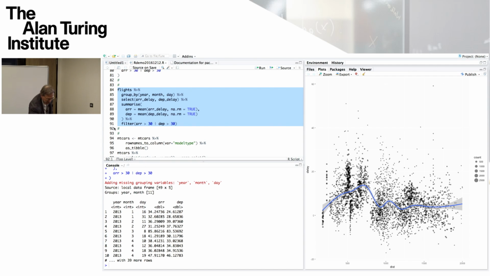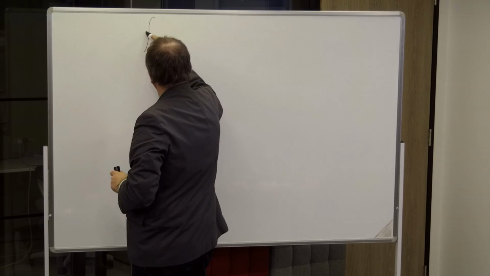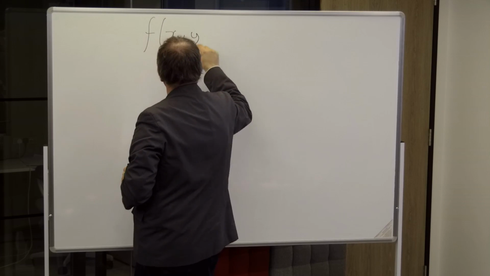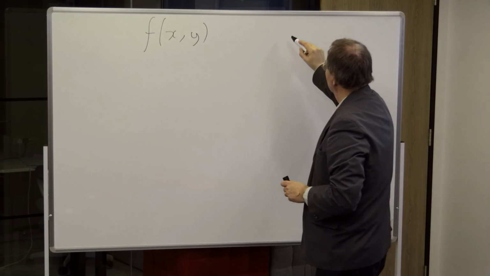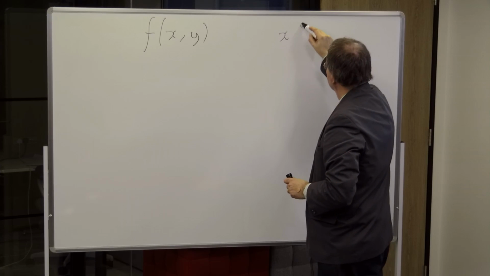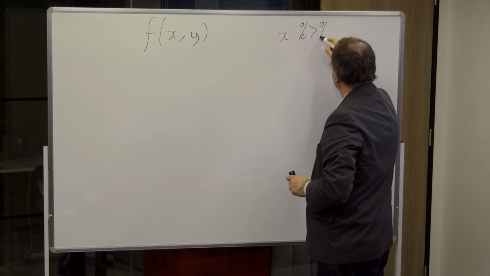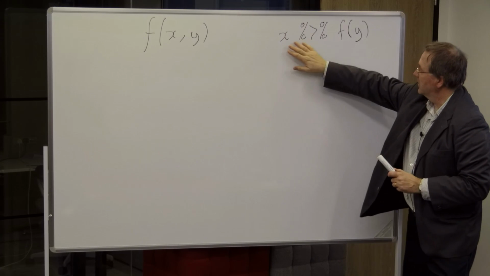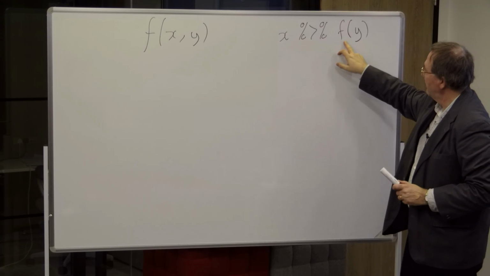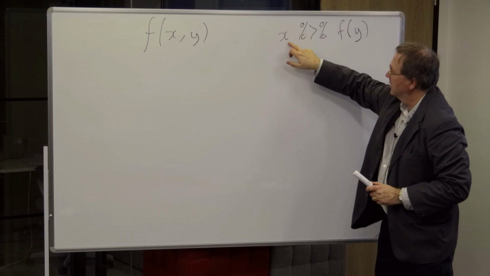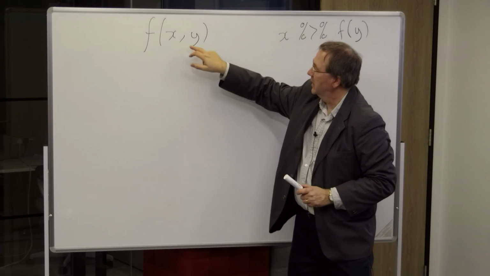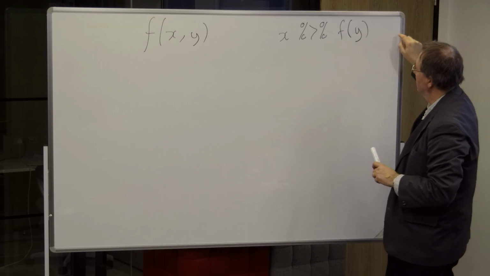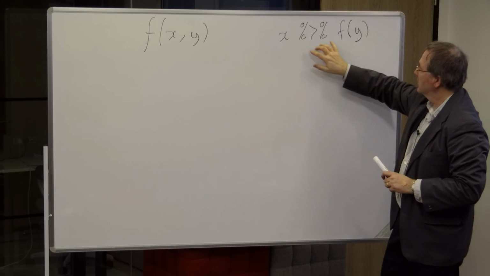So how does the operator work? If we were doing a function call f of x, y, then what it's saying is that we can replace that by x percent angle percent f of y. Okay, so we type that, and the effect is to call the f function with the left-hand side inserted as the first argument, and then the other arguments as well. Could be y or y1, y2, and so forth. Okay, so that's this operator